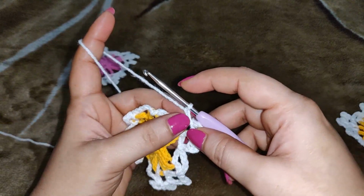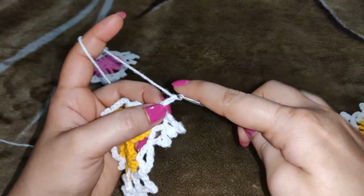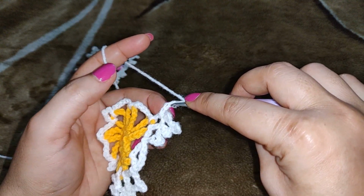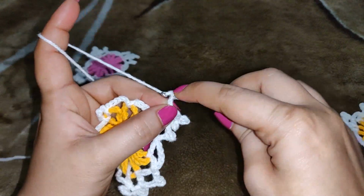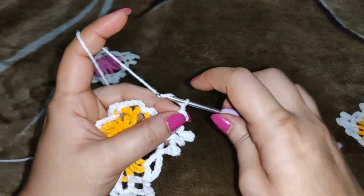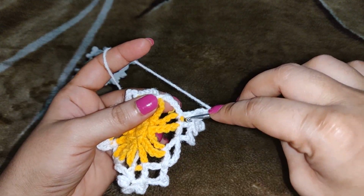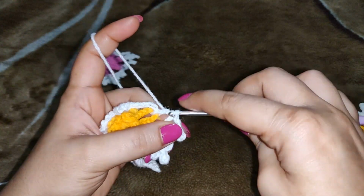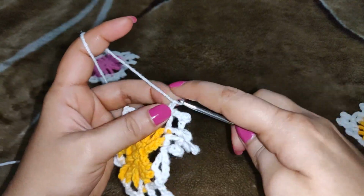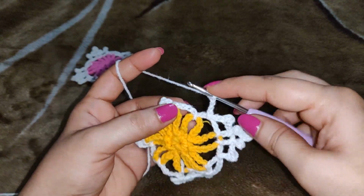So after you chain 2, you need to make a picot. So chain 3, 1, 2, 3, slip stitch into the third chain, chain 2, 1, 2, slip stitch into the next chain space after the corner, then you chain 5, 1, 2, 3, 4, 5, slip stitch into the next chain space,